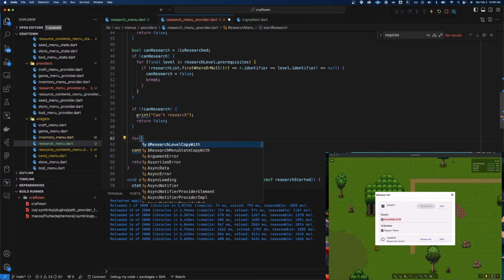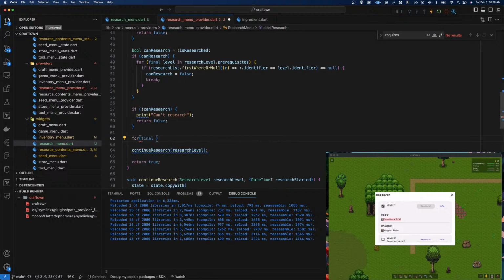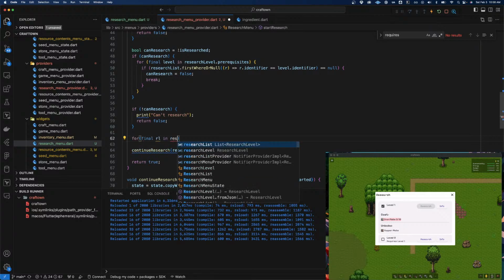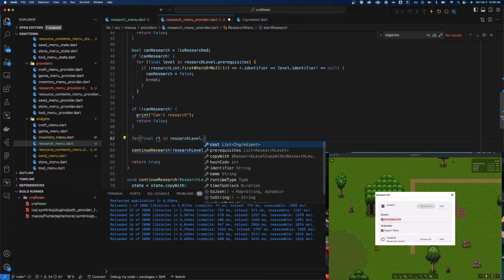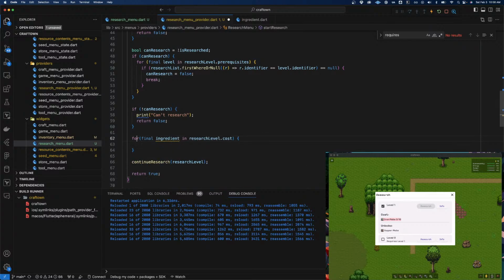So for research level, RL in, or wait, that's not actually what it'll be, but research level dot cost. We'll just call this ingredient. And we're also going to have a reference to our inventory, and that we can just go ref.read inventory